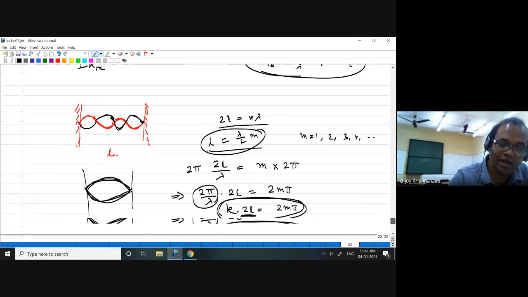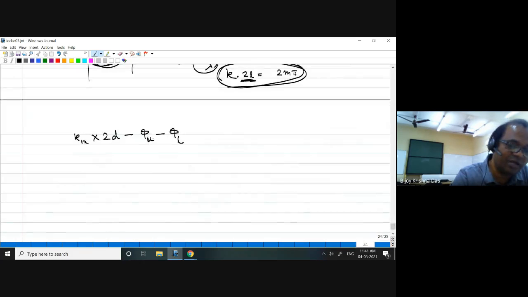So when I am writing like this, I am just considering phi, whatever phase change because of the total internal reflection happening in the upper one and lower one, as a positive value. I am not including the minus sign; that minus sign I am just writing here. That is what the textbook normally uses, that's why I am writing it. But whenever I am writing phi u and phi l, the expression is 2 tan inverse, something like this we will be writing.